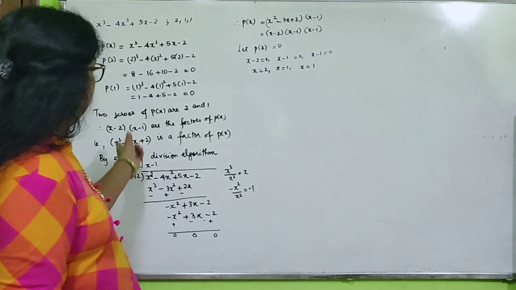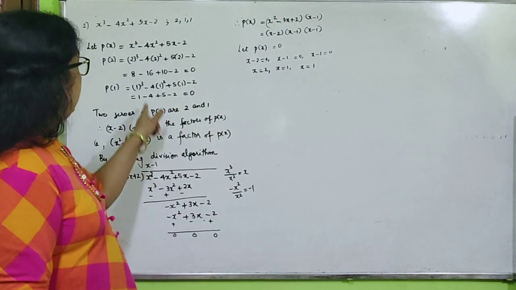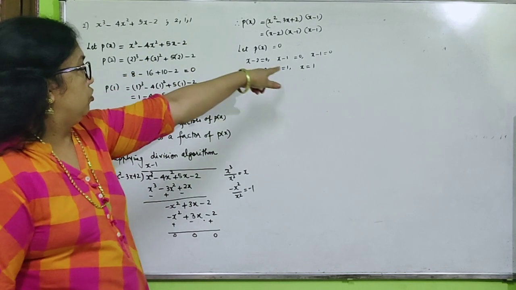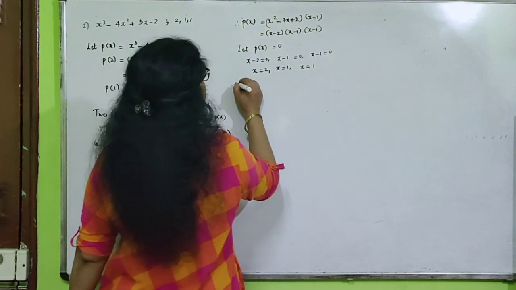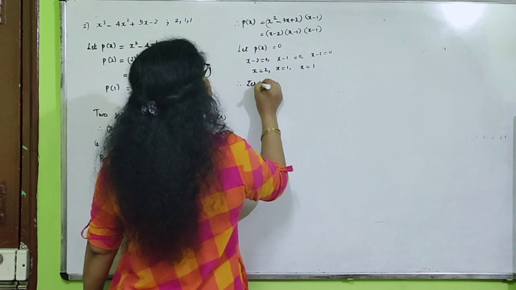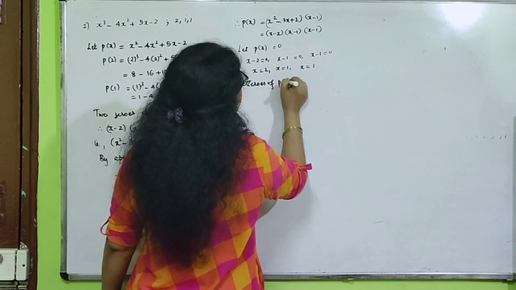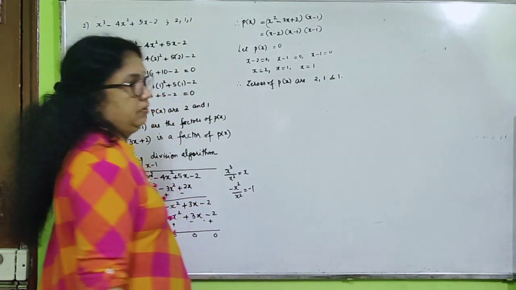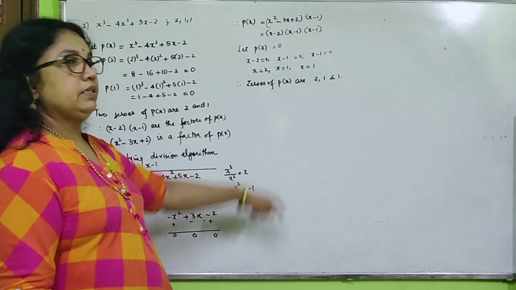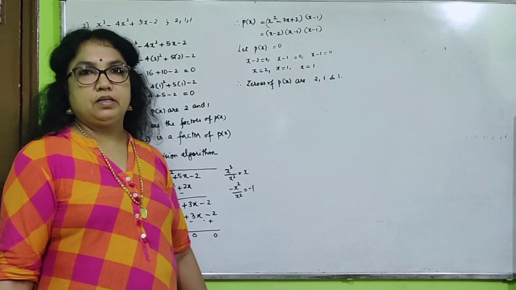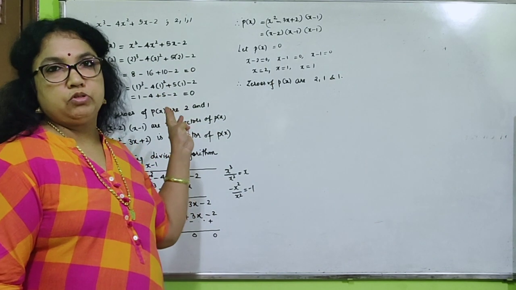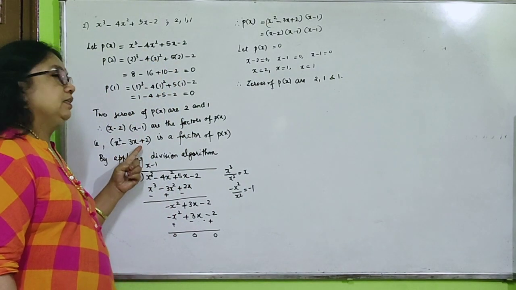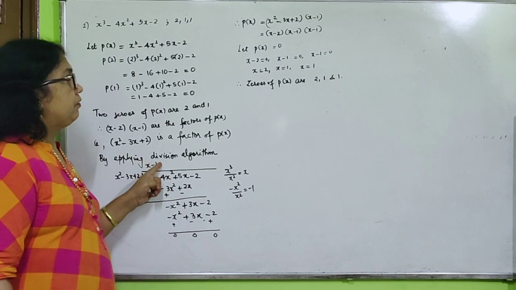So already we proved 2 zeros by this method. The other one remaining, that also we have now proved. Therefore zeros of P of x are 2, 1 and 1. So understood? In any such problem where a zero is repeated, the first two zeros only we can prove by verification. Then after that you have to find the factors, their product, divide, and then we will get the next factor.